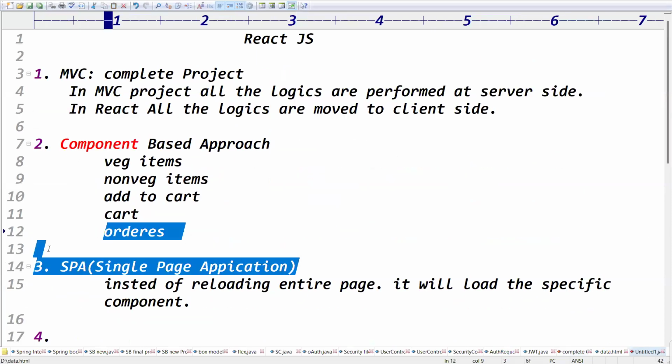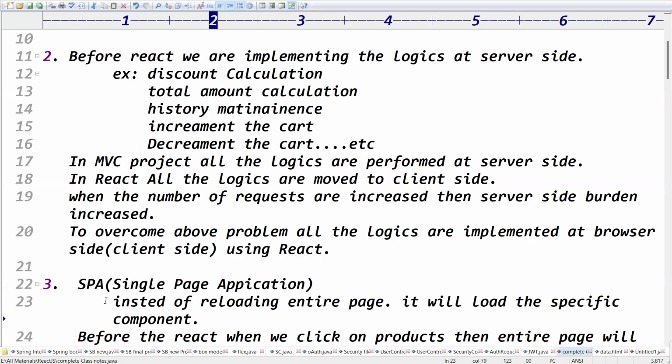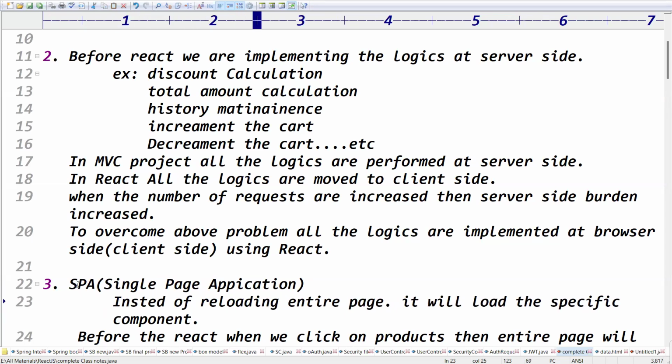Point number 3 is what? SPA. What is SPA? Instead of reloading the entire page,